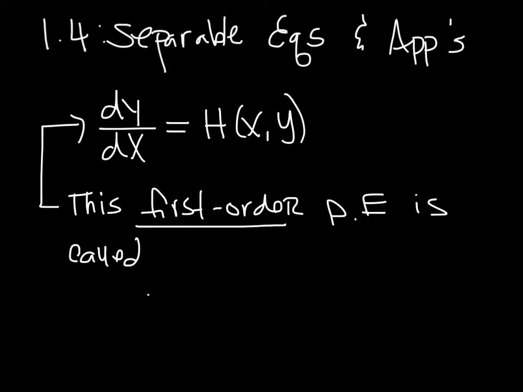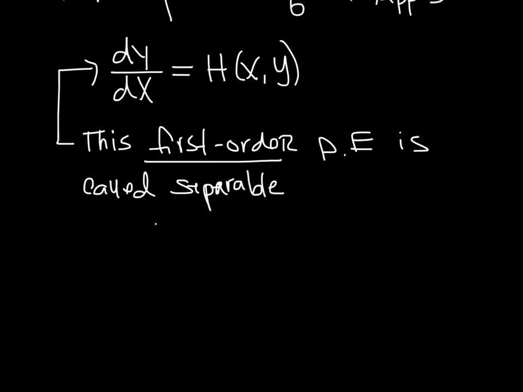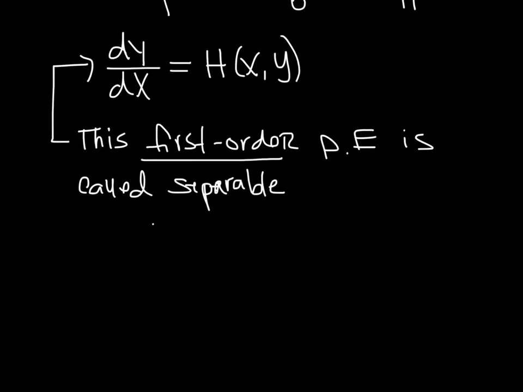is called separable, provided that our h of x, y, this function, can be rewritten as a product of functions of x and of y, or if you're talking about u of t, then a function of u and a function of t. So let's go ahead and write that down. Let's maybe use a different color here. I don't know, we'll do pink. Okay, so we say it's separable